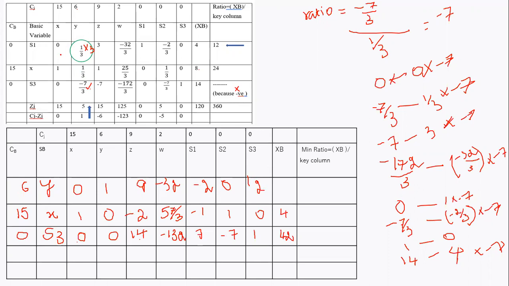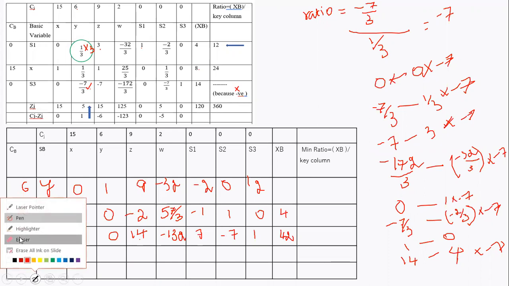I think somewhere I missed. So this is 0. Then with respect to this 1. Then this with respect to this, it is Z, it is 9. So W will become minus 32 by 3 into 3. Therefore, 3 will get cancelled, minus 32. So this will be 1 into 3. I missed this, right? So it will be 1 into 3.